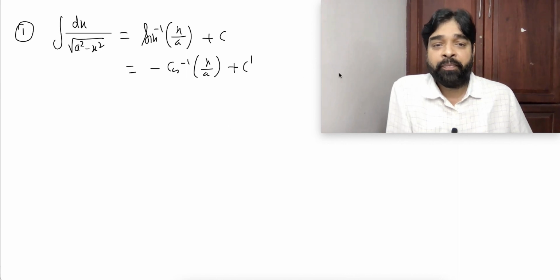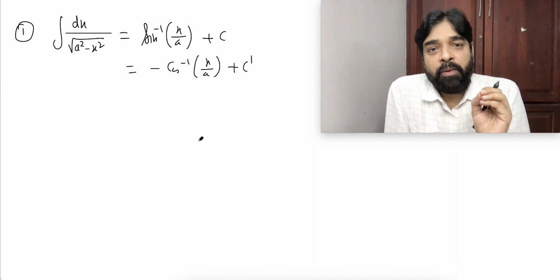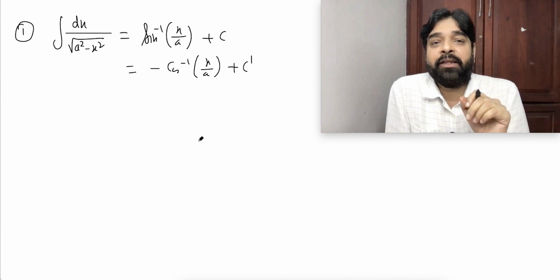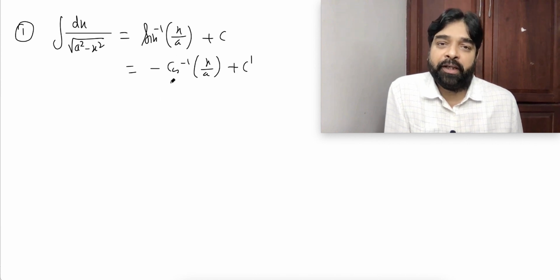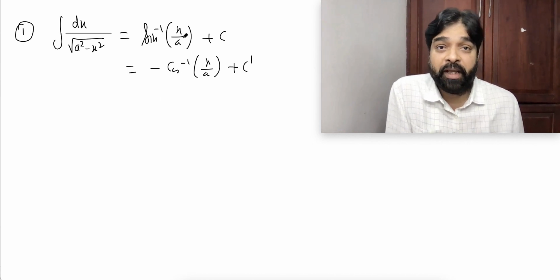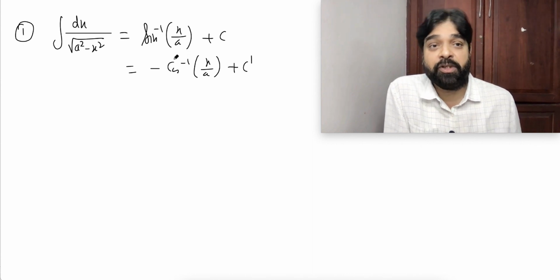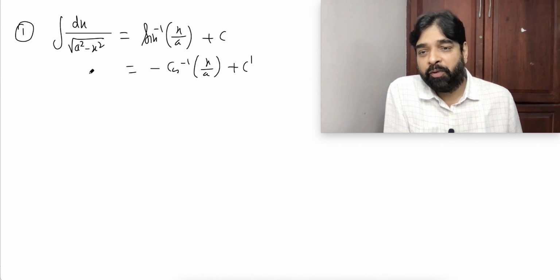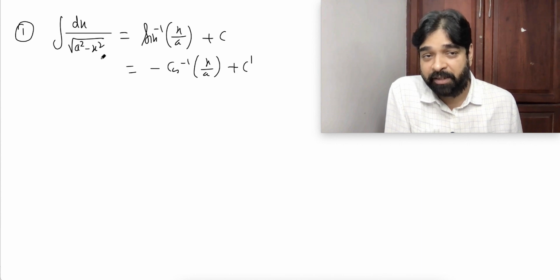x equal to... Okay. So what substitution will you do? x equal to a sine theta. If you do x equal to a sine theta, you will get this answer. If you do x equal to a cos theta, you will get this answer. Are these two answers different? No, they are the same, just a different way of writing. You can remember only one, you don't have to remember both. This is the standard formula. You can use it directly. Understood my point? So the derivation I am leaving to you. You can derive exactly as we discussed.